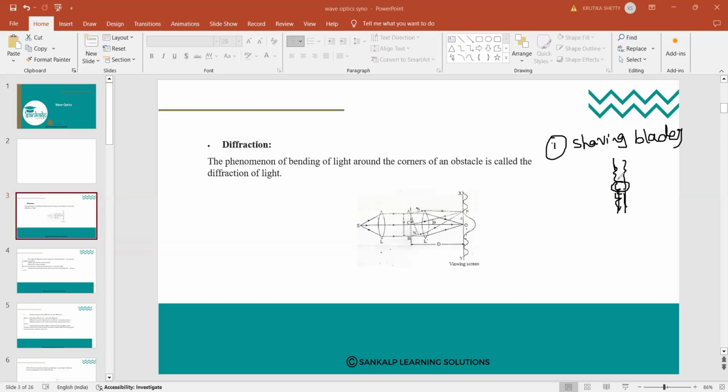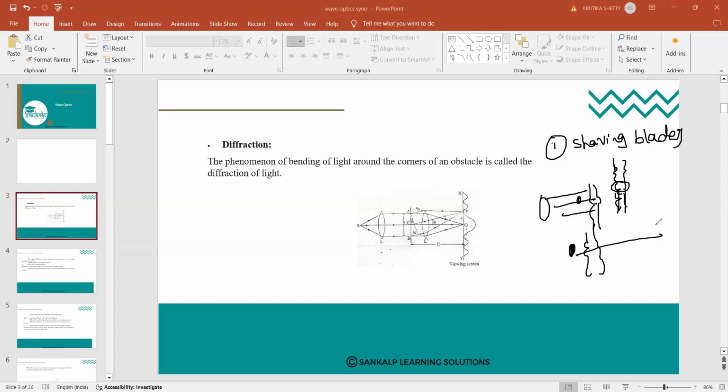So when you hold the shaving blade in your hand near the eye, a narrow slit is formed. When you hold it near your eye, it acts as a slit, because the light radiations coming from your eye pass through the shaving blade you are holding. Or you can place some light source, a laser or any light source, and hold the blade in front of it. Try it practically and see.